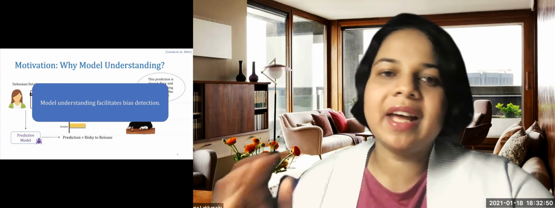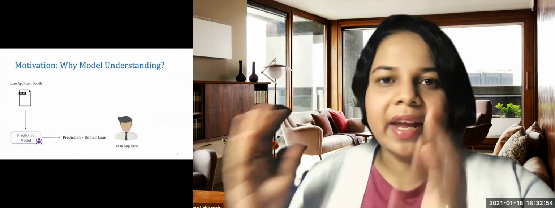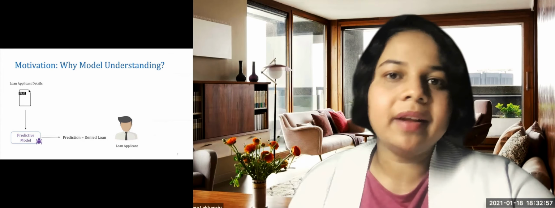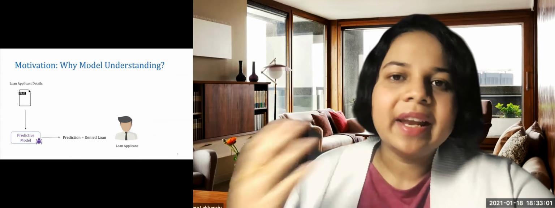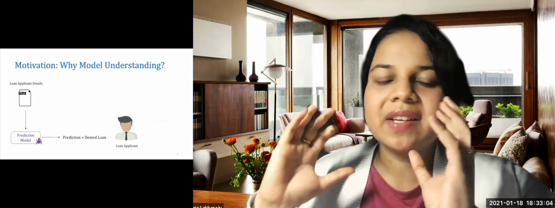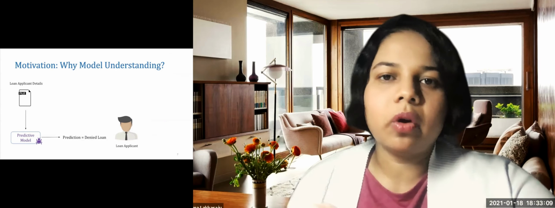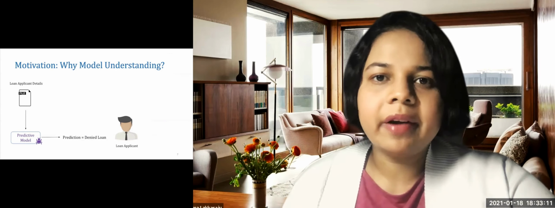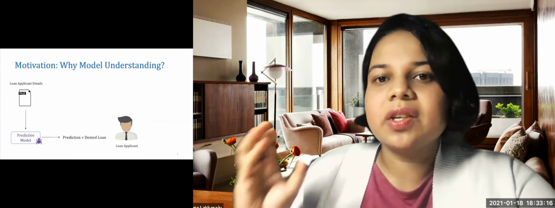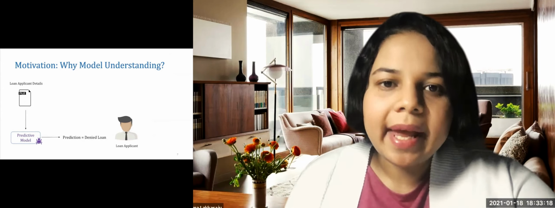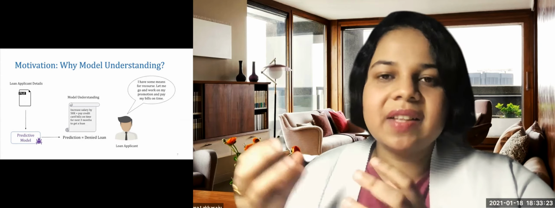Now let's consider another example scenario where we have a loan applicant, and we again have all the details about this applicant, like their financial status, socioeconomic status, and so on. Let's say that there's a predictive model which takes all this information and determines if an applicant should be given a loan or not. So let's say for a particular applicant, the model denies the loan. Instead of just telling the applicant that his loan is denied, it would be helpful to give more information which can help the applicant get some recourse, right?